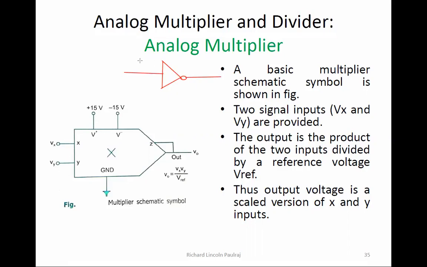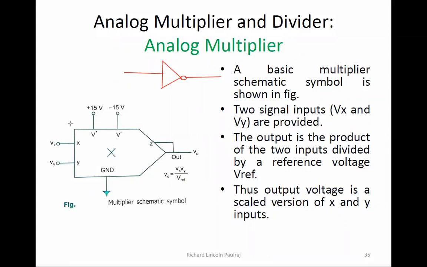So this is going to be your input, and this is going to be your output. Actually, an inverter is not like this; I'm just giving a symbol for it, a representation for it, just like how we all have our names and our university seat numbers. This symbol will help us understand what is going to be at the input side and what is going to be at the output side. You can consider this like a black box.